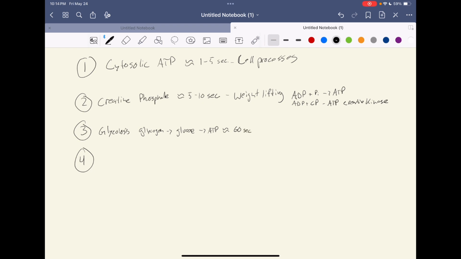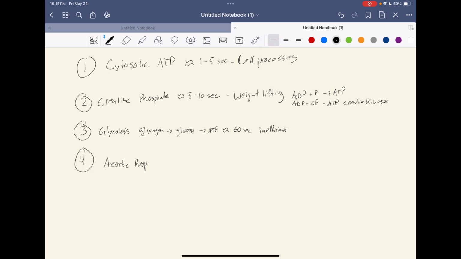So a little bit more energy, but still not great. It's poor because it just doesn't give us much. For every molecule of glucose, we only get 2 molecules of ATP. So it's just an inefficient process. And then the fourth option is just called aerobic